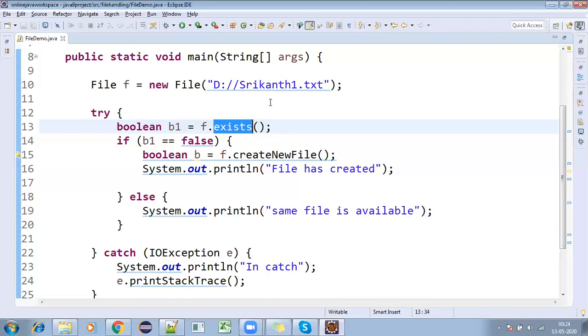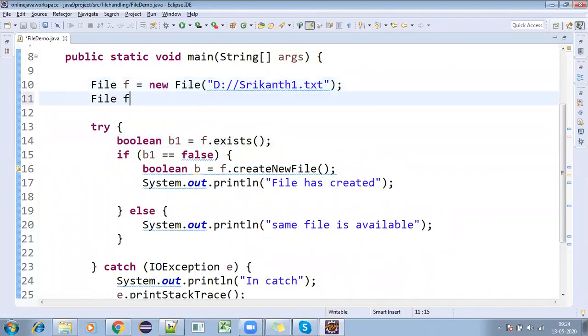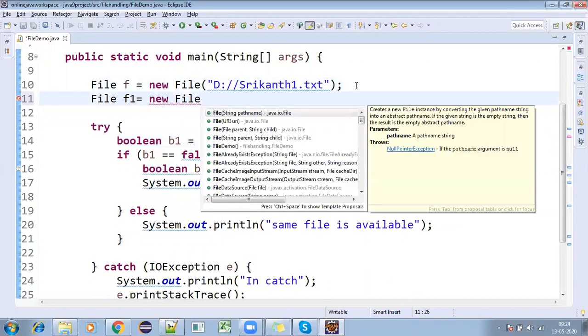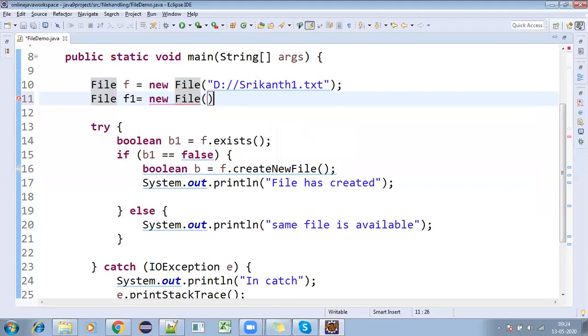For now, what we are doing is creating the files directly in the drive. But I want to create something like File f1 equal to new File. File takes parent and child also, which means you can give a subdirectory as well.